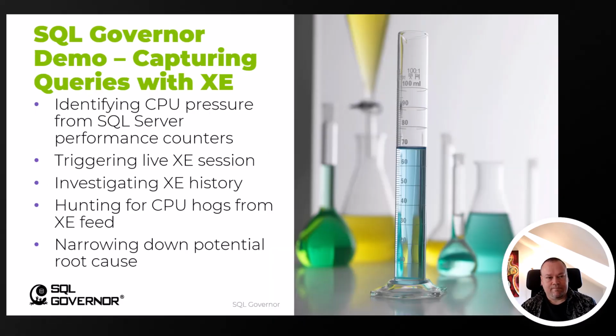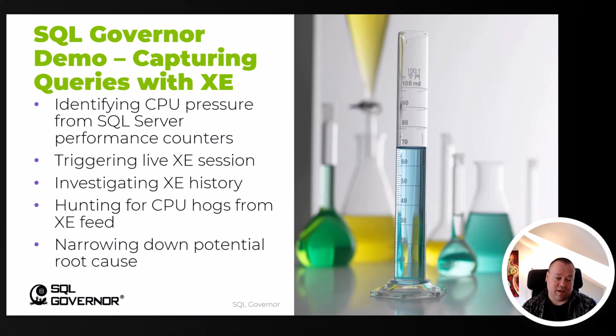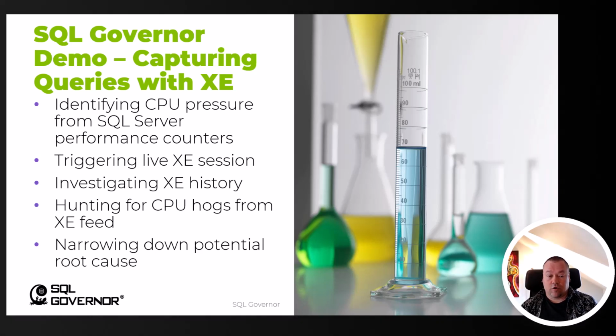Okay, so next, then the demonstration of the SQL Governor by capturing queries with extended events. So what I'm going to do, first I'm going to identify the CPU pressure from the SQL Server performance counters. Then I'm going to trigger a live extended event session, investigate extended events history. So extended events, X events, XE, all the same. And then I'm going to hunt down the CPU hogs from the extended events feeds